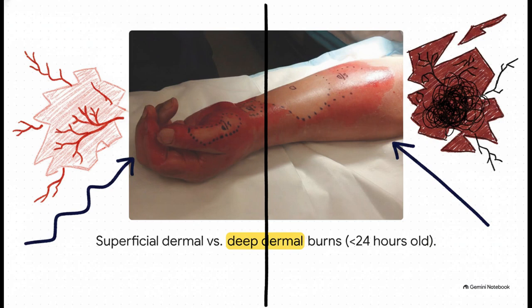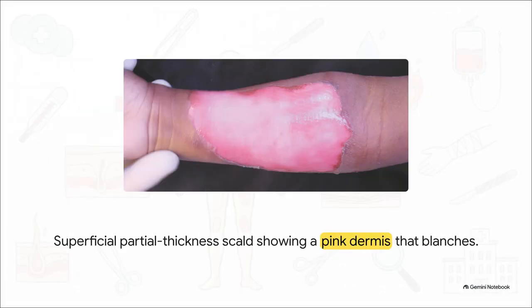The superficial areas still retain some life and vascularity, right? But those deep dermal patches? That indicates severe destruction of the reticular dermis, meaning the sensation is reduced and the skin is just not going to blanch under pressure. Now for superficial partial thickness burns like this scald here, the dermis stays pink and moist,